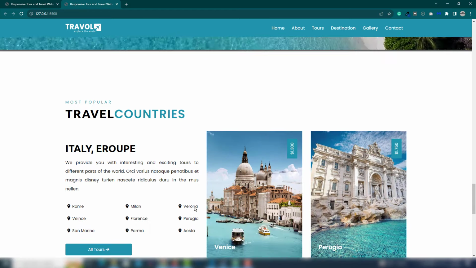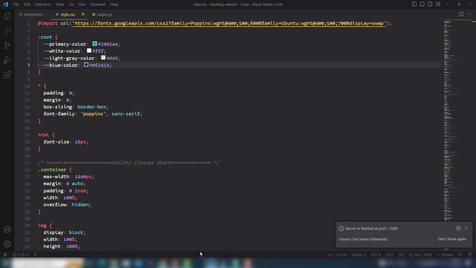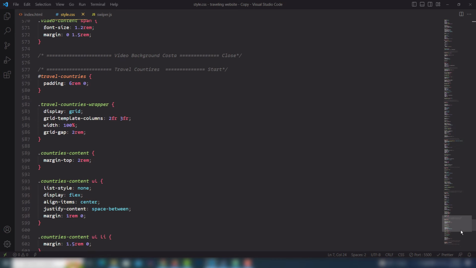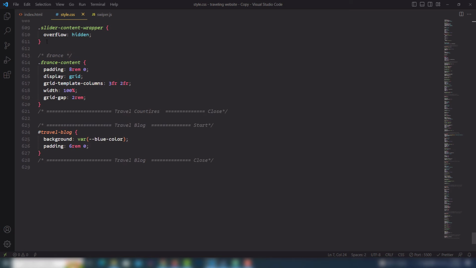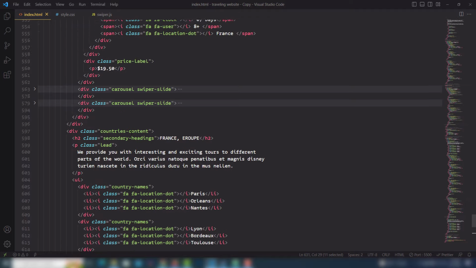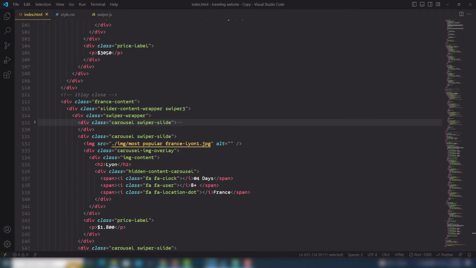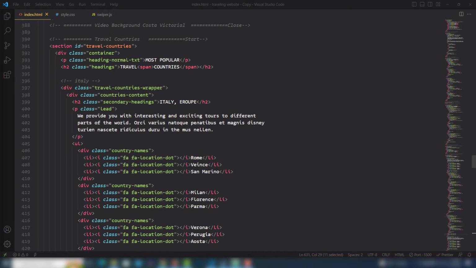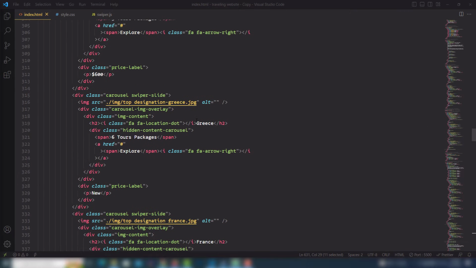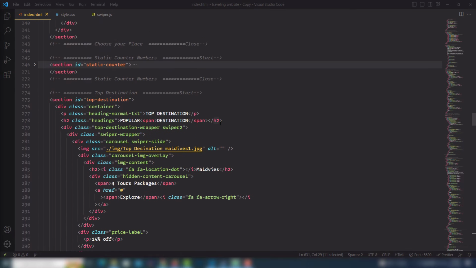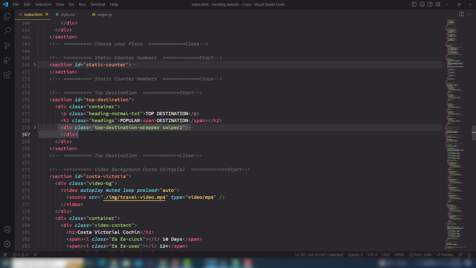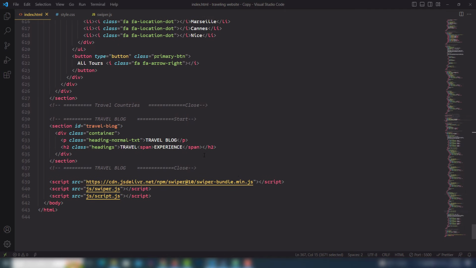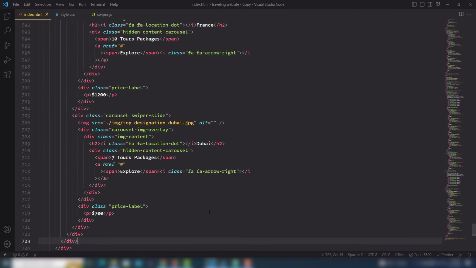The next one is I need to get those slides and paste them inside my travel blog, but we need to change the images and many other things. So I go to my top, and in the top I need to get the, just a minute, I'm going to check that. Where is the 3 slides? Super tool, like this one. So I need to get this one, complete content, and we need to paste it inside there. Right, just paste it, save, and